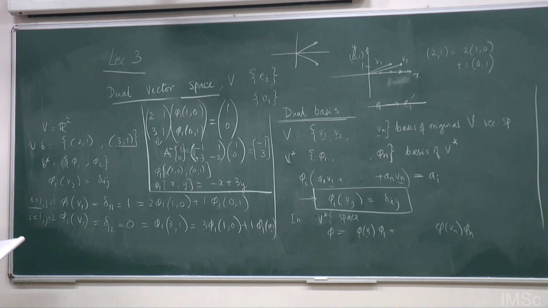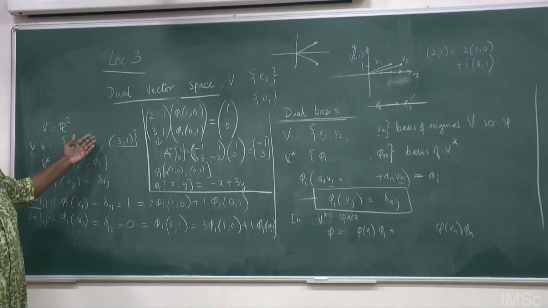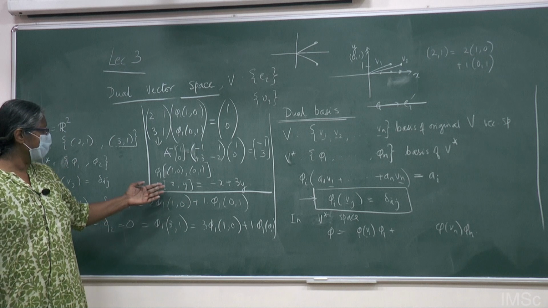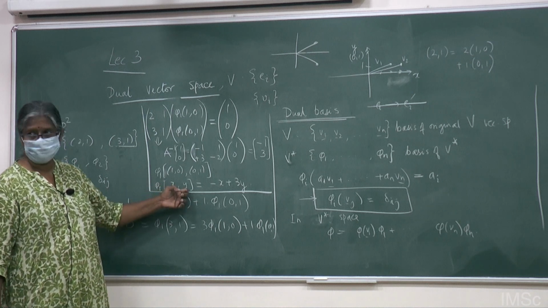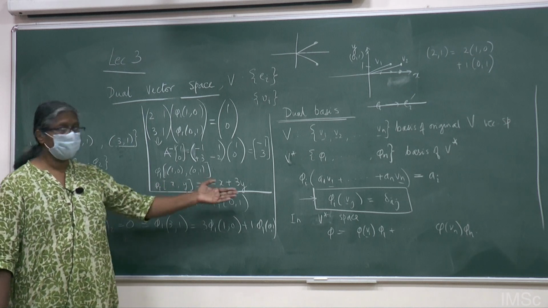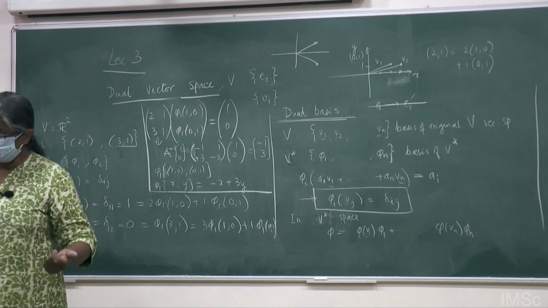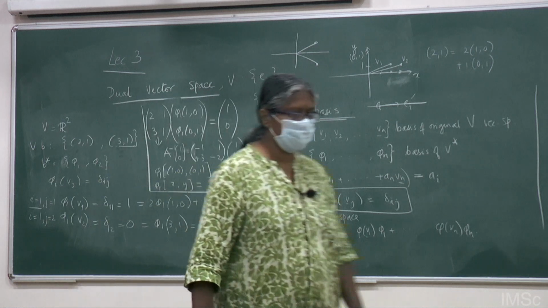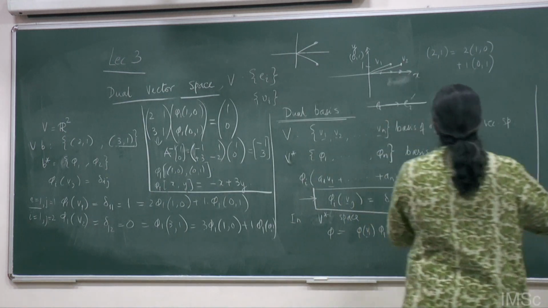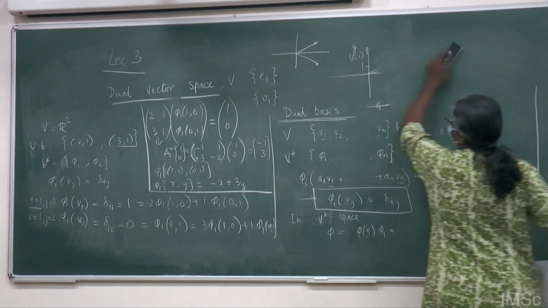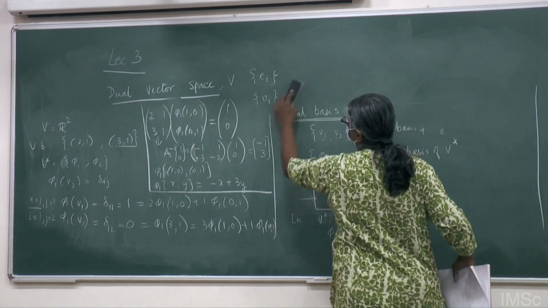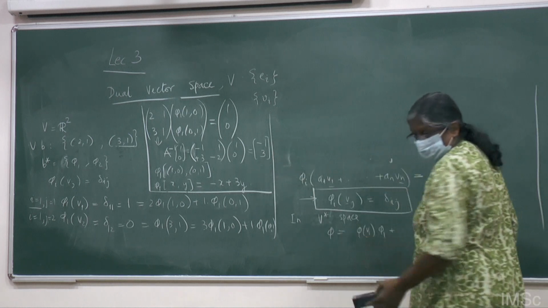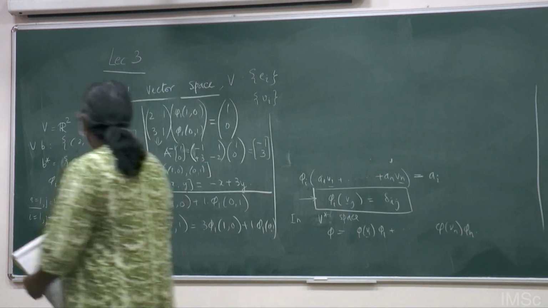So if I'm given some value of x and y, then phi 1 of x and y is just a number. Let us say x is 22 and y is minus 35.2, then I can calculate phi 1 for that set x, y. In fact, we will also do that, okay? I will keep this last equation so that you will be able to see it, but I will remove the rest to calculate. Or will you do it in your notebooks? Can you please calculate phi 2 in your notebooks? Please calculate phi 2 in your notebooks.